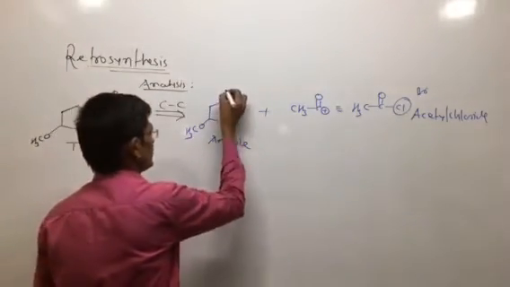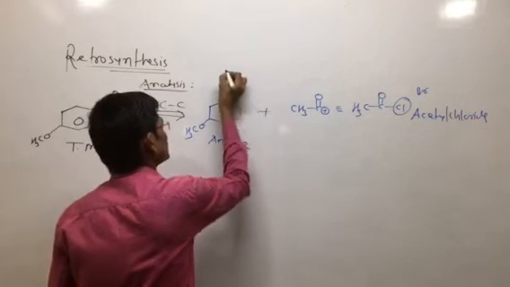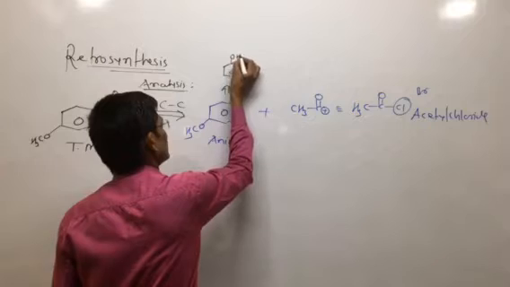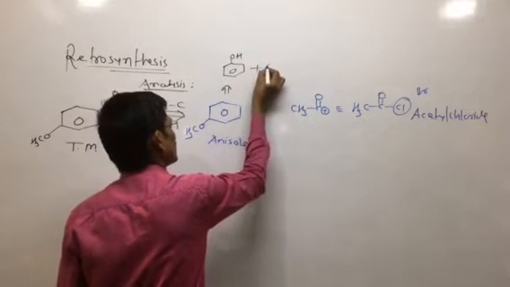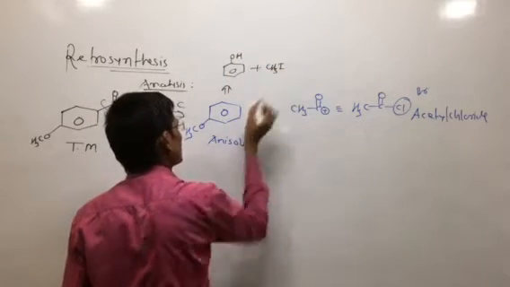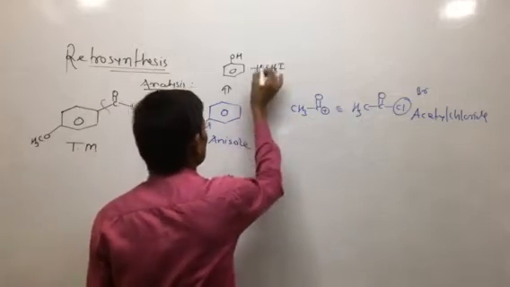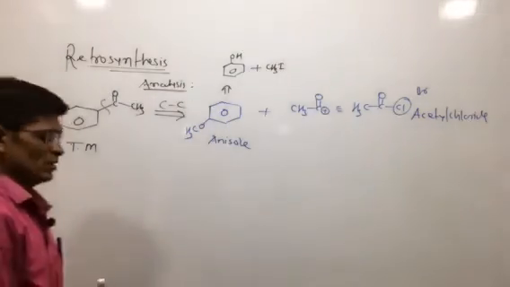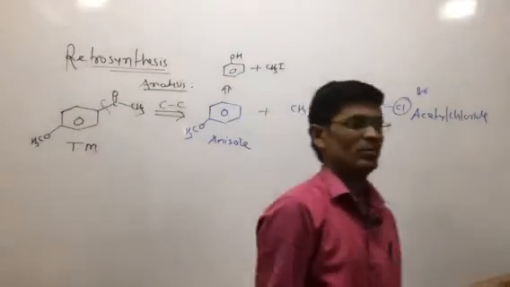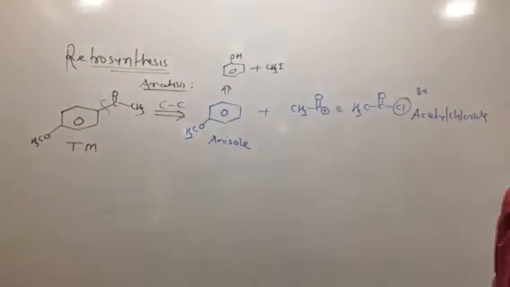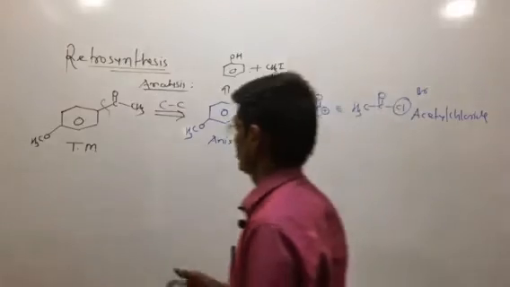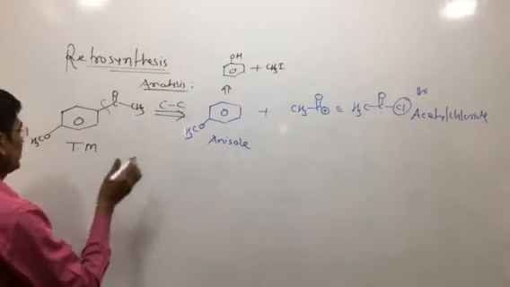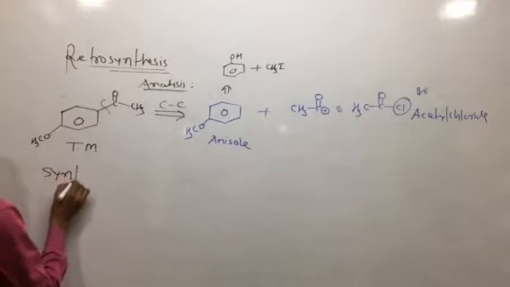What is the analysis path here again? This methoxy compound, anisole, is obtained from this hydroxy compound, phenol, plus CH3I, methyl iodide. Again we can disconnect this phenol. How is the phenol obtained? As we know, by which types of process, which types of reactions. But it is easily available in our laboratory.